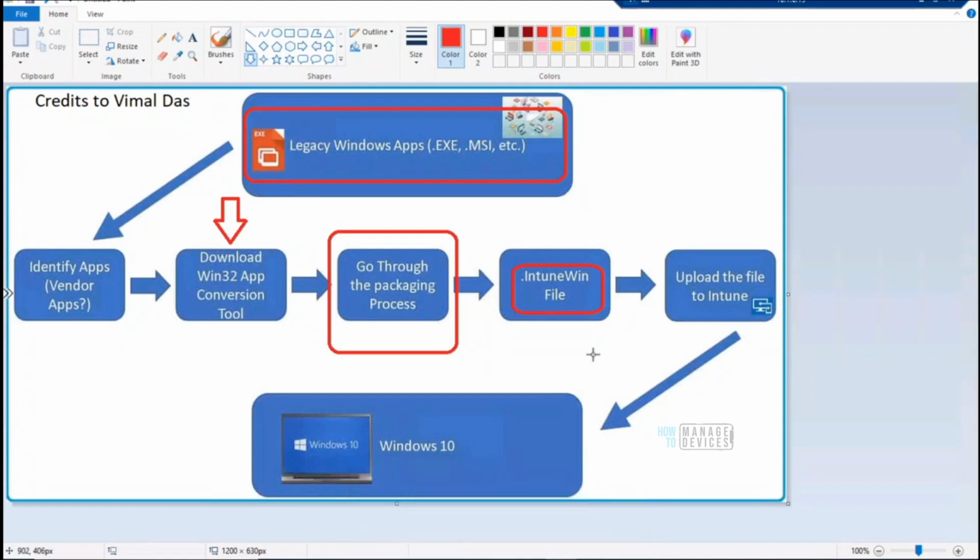So on Friday we had seen how to create and deploy Intune Win applications in Intune.